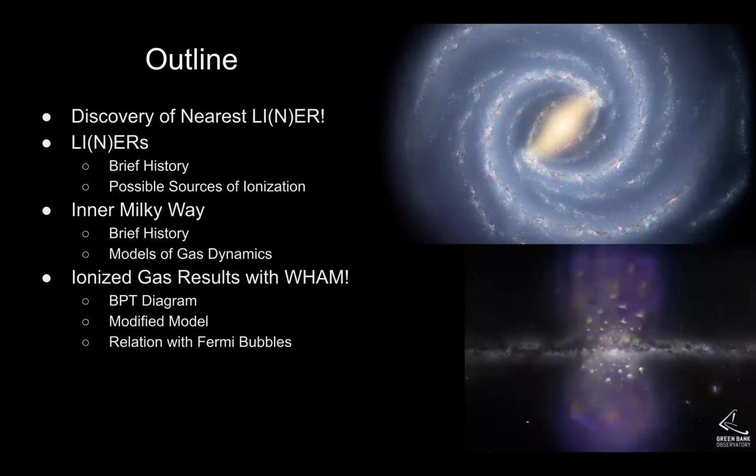So the overall outline I'll be covering is, I'll start off with the discovery of our nearest LINER, which is what I just did here. I'll now introduce you a little bit more to what LINERs are, with a brief history on how they were first seen and why they're interesting, and also discuss some possible sources of ionization. I'll then move back into the Inner Milky Way with, again, a brief history on how we started to understand the extreme kinematics involved and some models of gas dynamics. And then I'll end with some of our newest results on ionized gas with WHAM, which involves adding the Milky Way to this BPT diagram and comparing it with other galaxies,